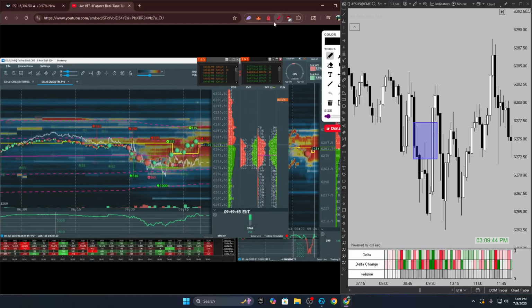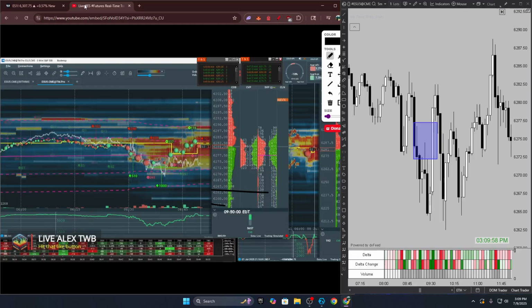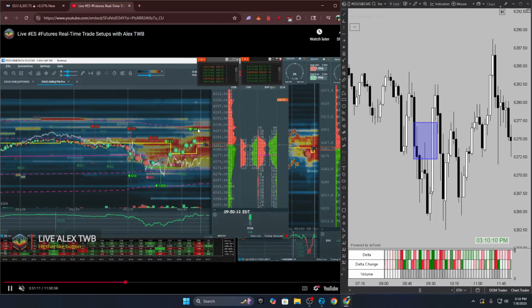What I am noticing, and what I did notice, was that there's Bookmap liquidity at 6265, pardon me, and also 6260. So we went ahead and marked that out here at 6265 and 6260. So if price wanted to head towards the downside, we have those levels there. If price wanted to head up, we had this level, but it's not continuous, so we're just watching, because right now it does seem like we can head there and there's nothing for us to work with to carry that move up.